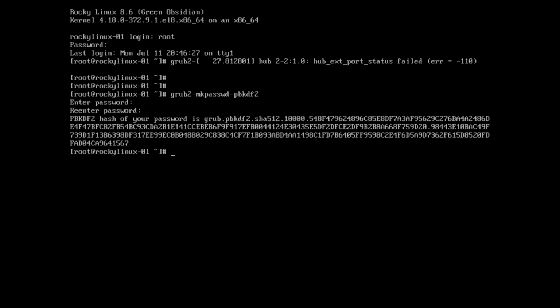We can use this hash with the GRUB configuration files to create a user and a password that is used to log in to our GRUB menu.